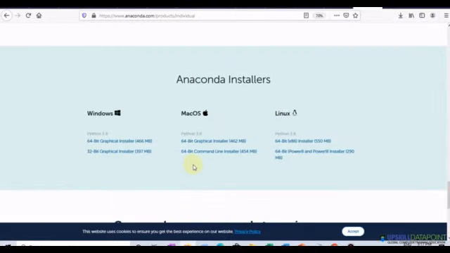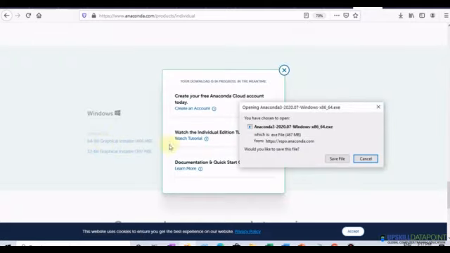When you click on download, you get various Anaconda installers, for Windows, for Mac OS, for Linux. Because I'm using Windows with a 64-bit processor, I'll select the 64-bit graphical installer and save the exe file.